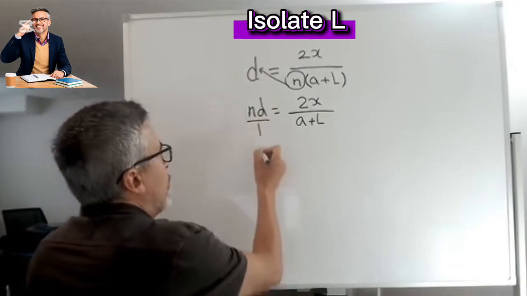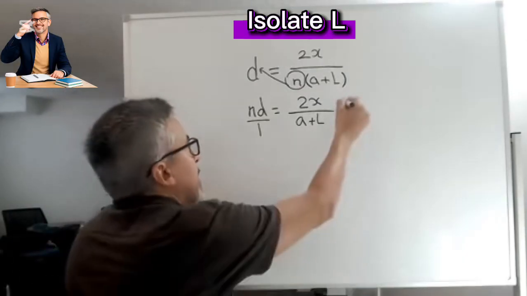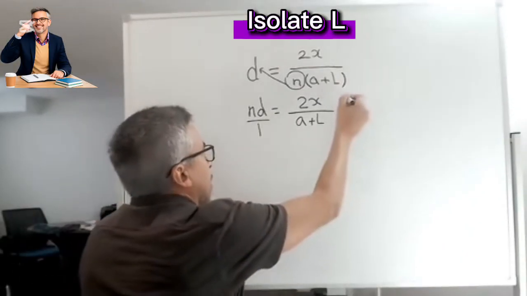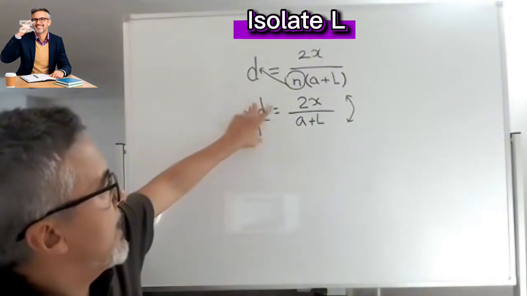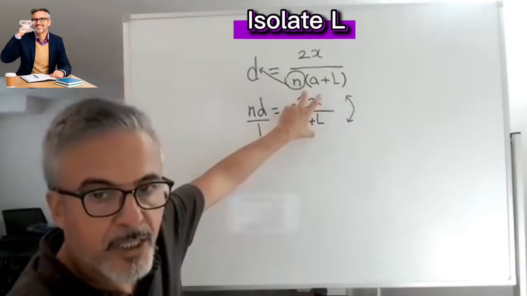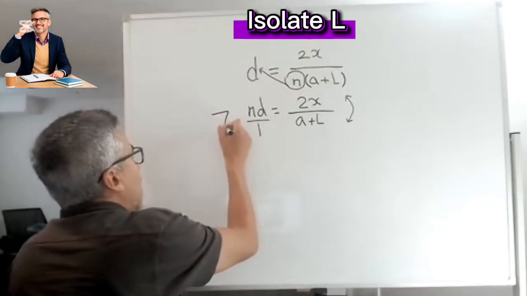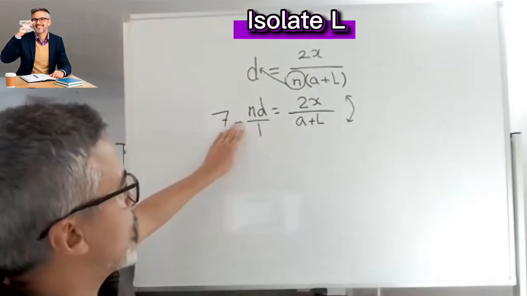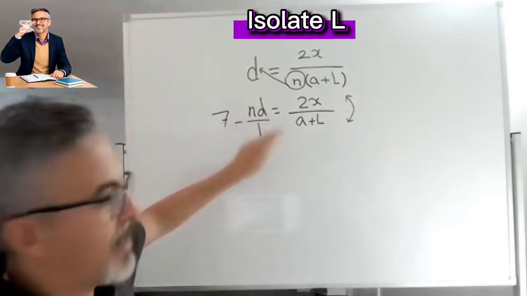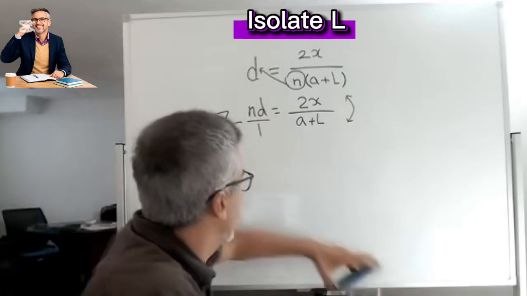I'm going to put this over 1, and I'll tell you that you could rotate the whole thing. So when you have one fraction here and an equal sign and another fraction here, you could do that. But let's say if I put 7 minus that here, then you will not be able to rotate anymore because that's not one fraction. That's a whole number minus a fraction. All right. So now,